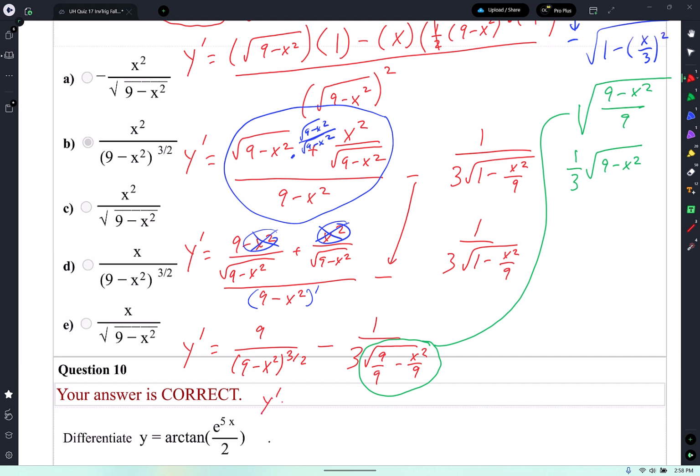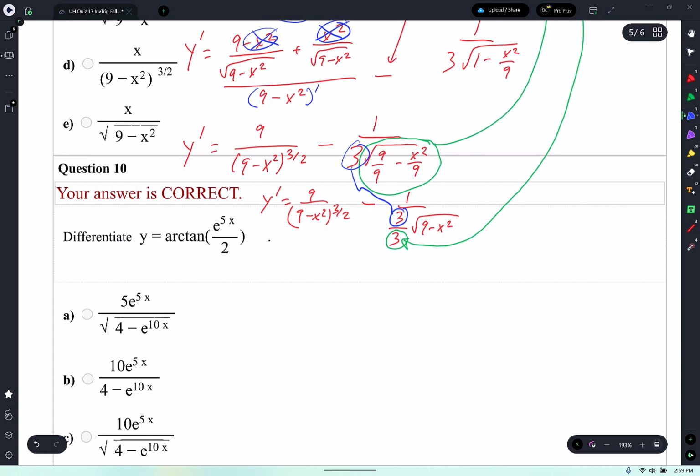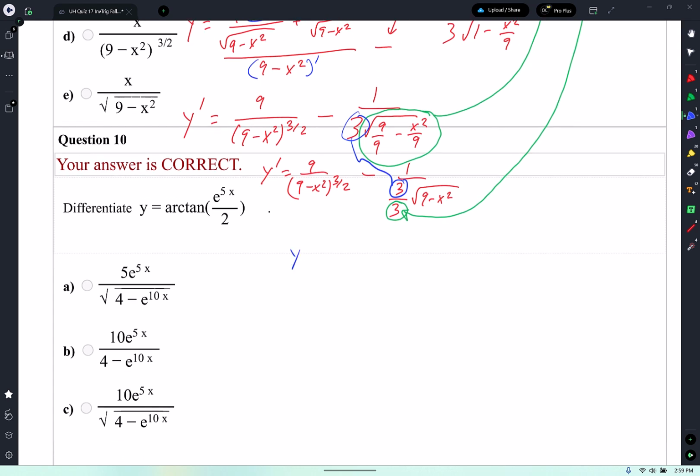So let's see. I'm going to rewrite it again. Y prime equals 9 over (9 minus x squared) to the 3/2 minus 1 over 3 square root of 9 minus x squared. And this 3 here specifically is this one right there. This 3 is that 3. We're so close. Don't worry, we're not going to use up all this space down here. So let's go ahead and bring it down to right here. Y prime, let me go back to red. Y prime equals 9 over (9 minus x squared) to the 3/2 minus 1 over square root of 9 minus